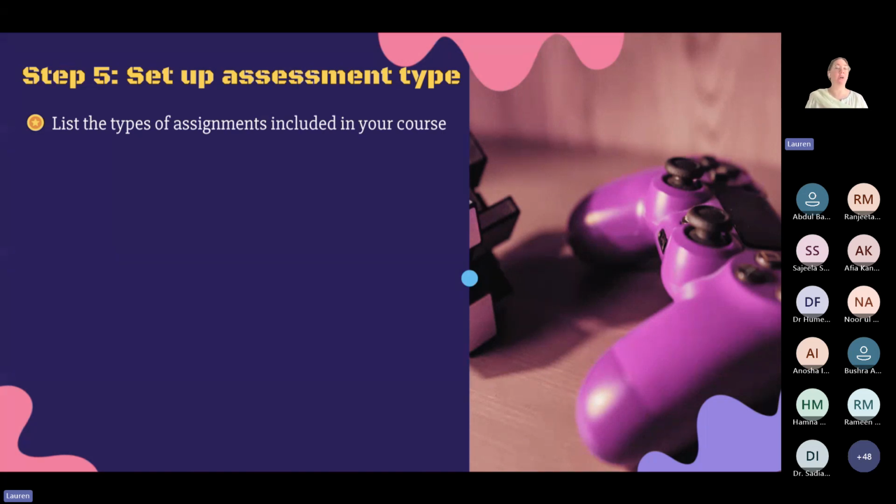So it does take some thought in order to decide, is it possible for this assignment? Is it not possible for this assignment? And it probably isn't right for every single assignment, but for some, it can work nicely.